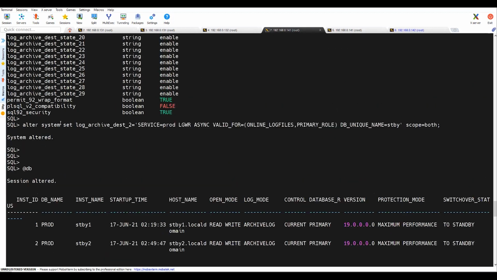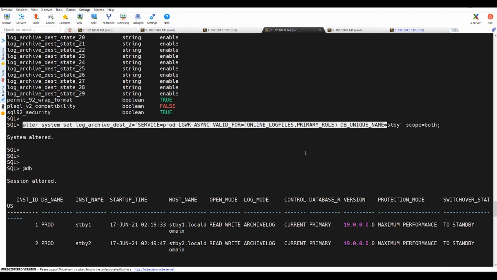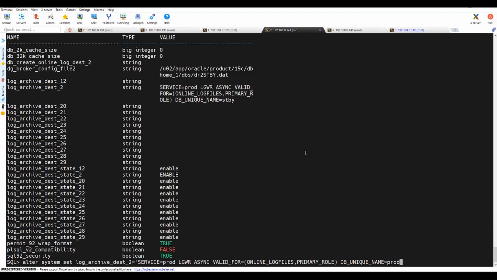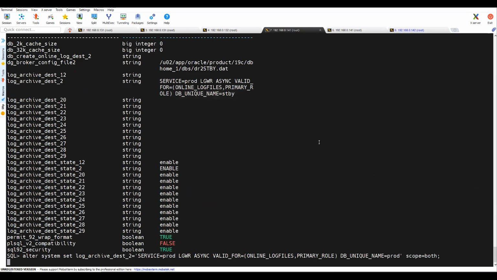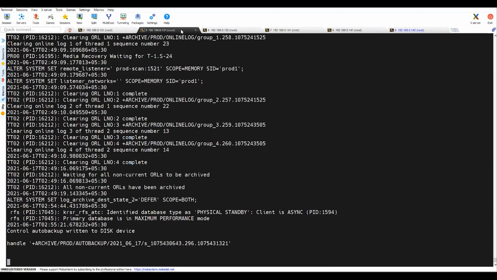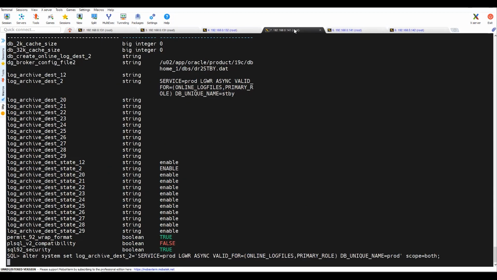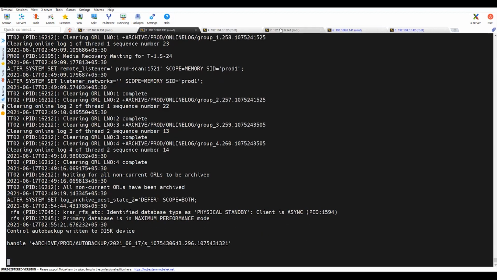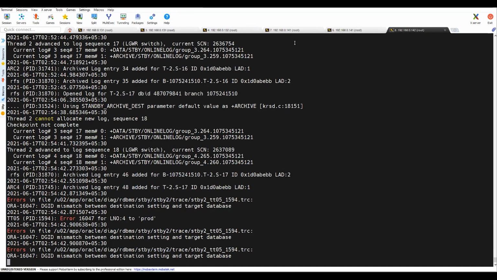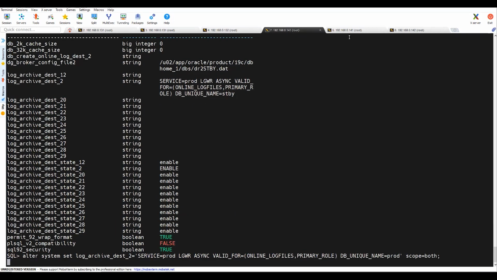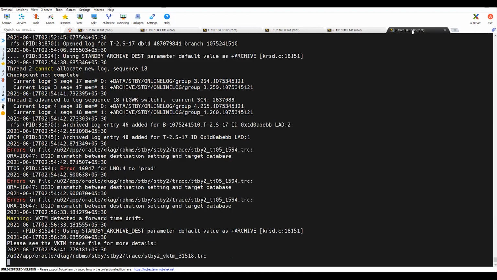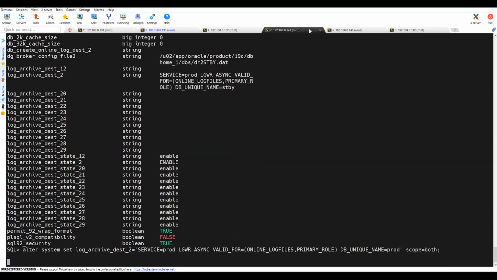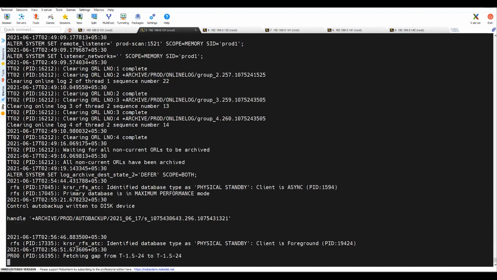In order to correct this, we have to let this parameter get reflected, and then we can see it will start transferring the archive to my new physical standby database.